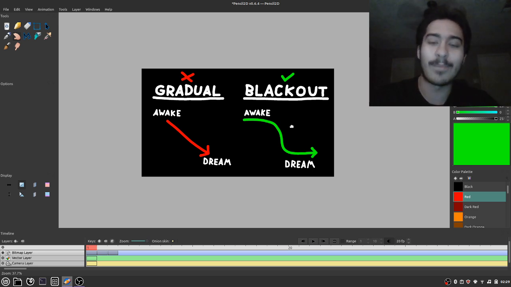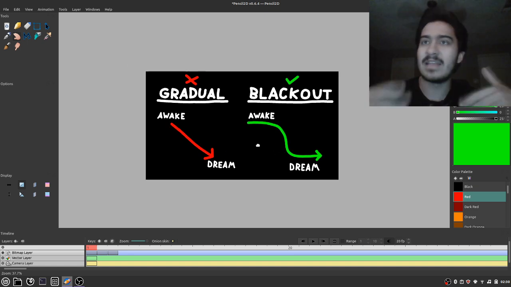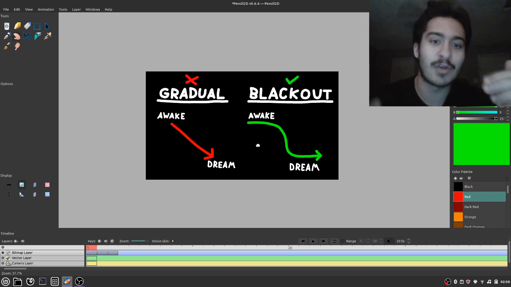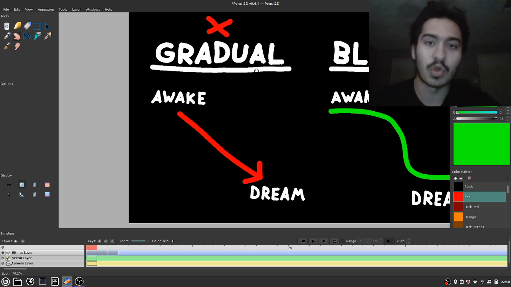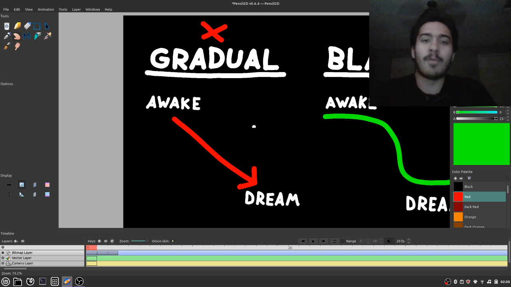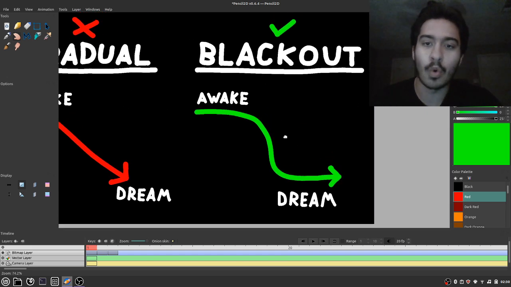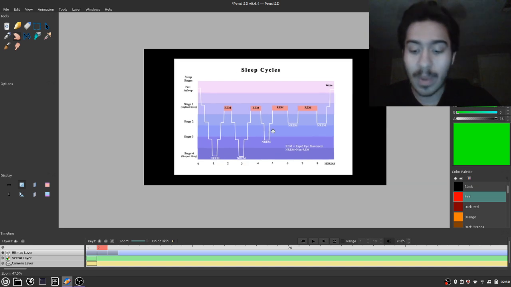You need to have that temporary blip in your awareness, that temporary loss of consciousness, in order to transport yourself into the dream. So that is basic dream entry, explained. That is the mechanism for how dream entry works. And the more you remove yourself from this gradual, ooey-gooey, in-between state, where you're trying to achieve the perfect tightrope balance, and you move towards this blackout paradigm that is modeled after the way that sleep cycles work,